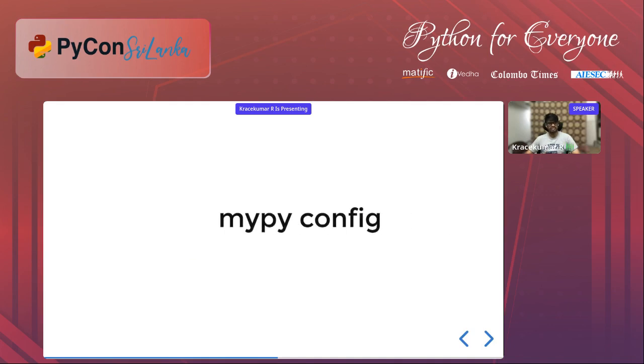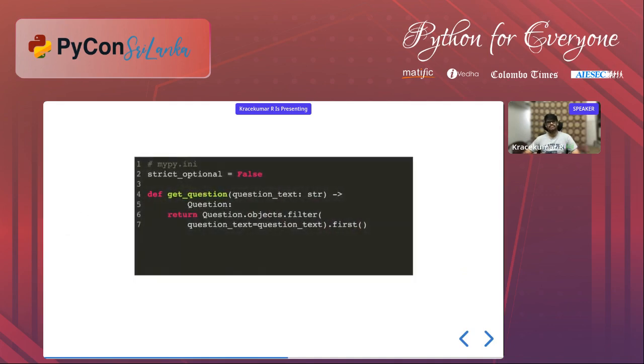And the next method is modifying the mypy config. Like previously, we saw we can configure plugins and other details that are required for these libraries to work. There is a configuration we can specify for mypy to behave in a certain manner: strict_optional equal to false. Basically, what we are saying is, even when a return type is None, if the source code does not explicitly say Optional, do not throw any error. This is very good